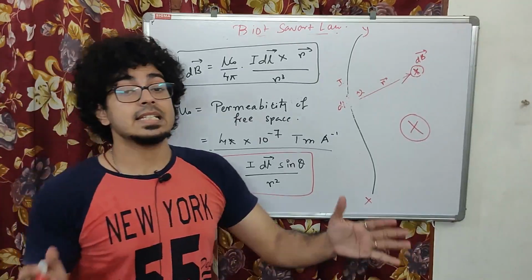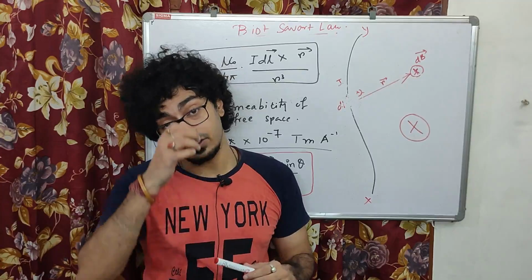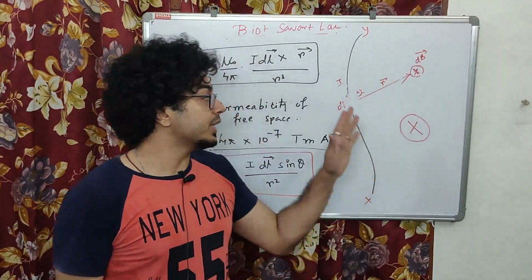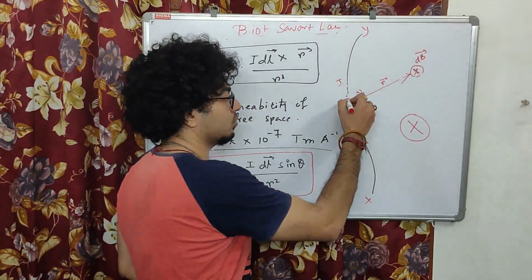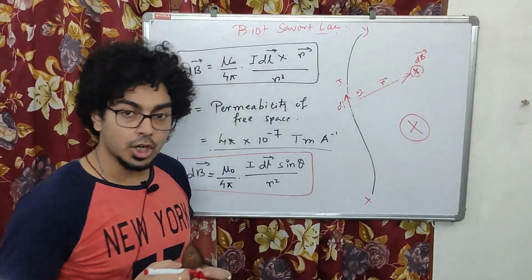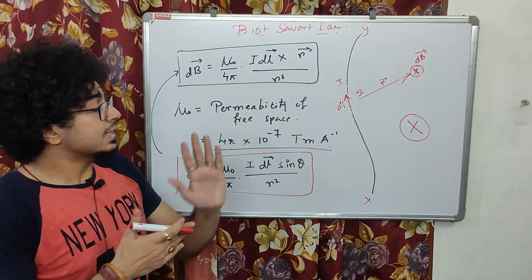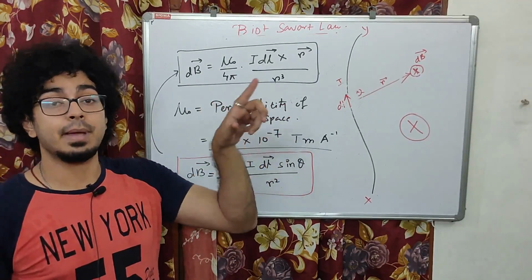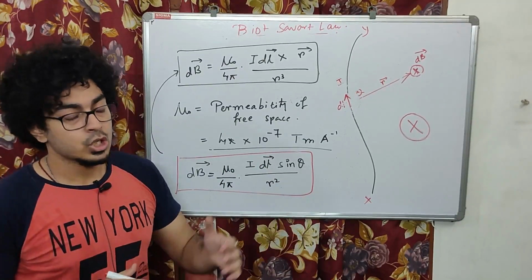Yes, there is another way. From that way also we can understand the direction of magnetic field due to a current carrying conductor. I am going to show you, but first you need to understand this concept. This is how the direction is calculated for cross products. Got it? Clear? Now we are going to understand the different applications of Biot-Savart law, and we are going to calculate the magnetic field of current carrying conductors of different shapes and geometry. So let us find out.